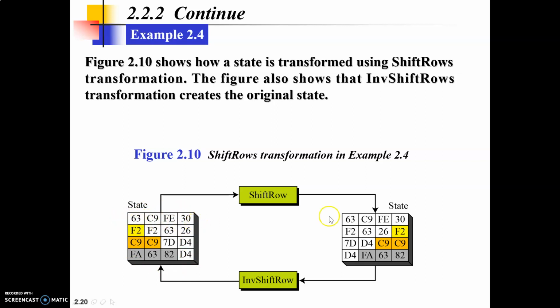Like I said, the first row is not shifted, hence in the output the row will stay as it is. The second row is shifted once, so this F2 is shifted to the first location, as you can see here, followed by 63, followed by 26, and the first F2 here goes to the last position. Similarly, the next row is going to be shifted twice, and the last row is going to be shifted thrice. So this is the ShiftRows operation.